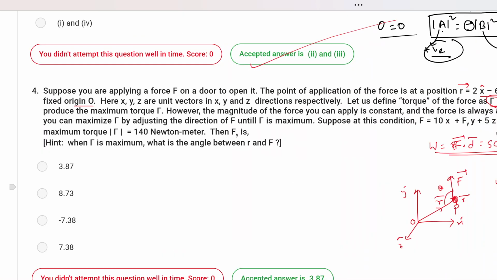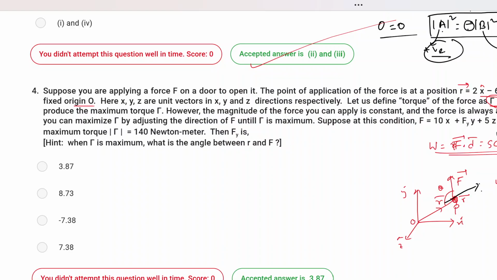Yeah. So what are the ways that you can maximize your torque? As you look at the expression for the value of this torque, this is only the value, because the direction, since it's a vector, is perpendicular to R and F both. So we do not look at the direction here. We are only interested in the value because we want to maximize the torque. So either you can maximize your force, that is the modulus of F, or you can increase the distance R by shifting your point of application of force. How can you increase R? You have to shift your point from the origin. If you do that, you can increase R, and that way you can also maximize tau.